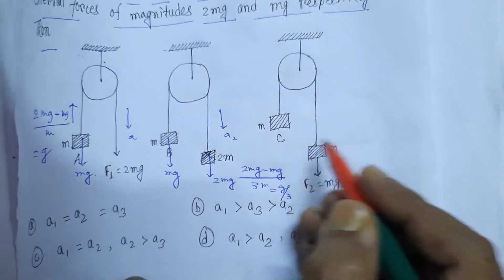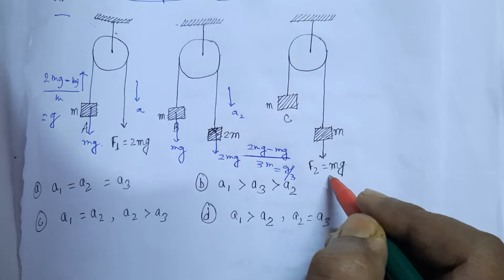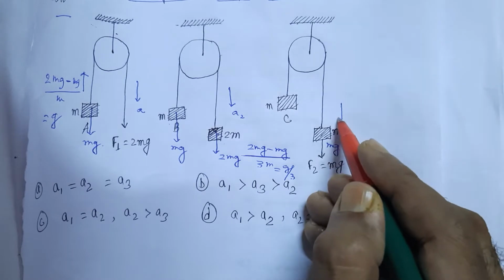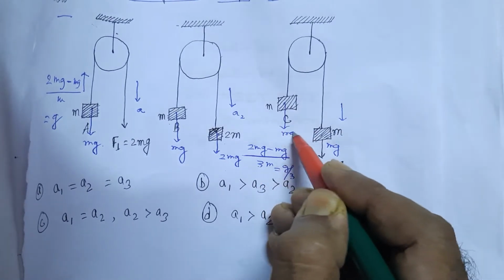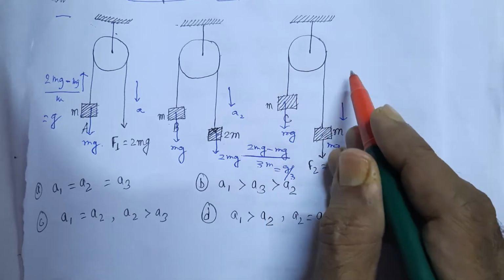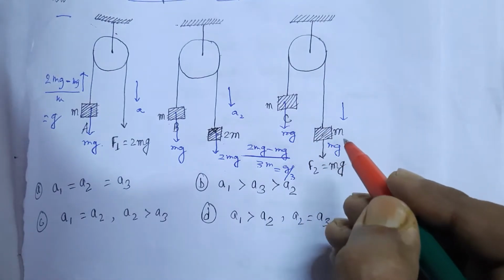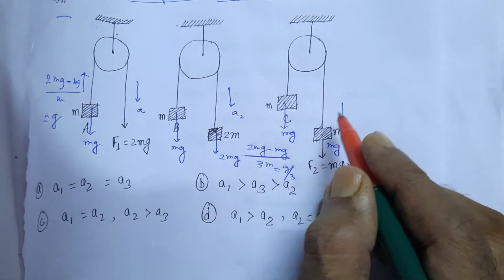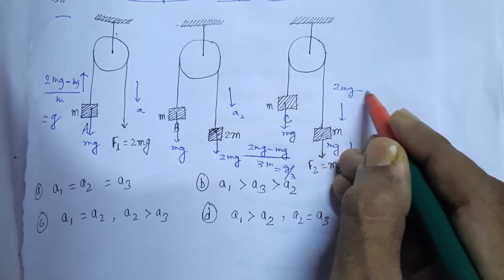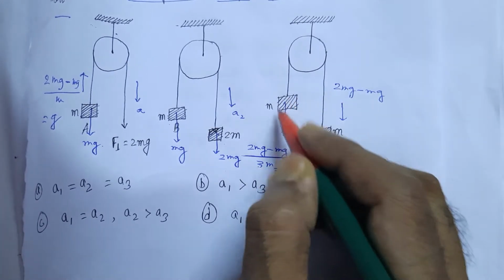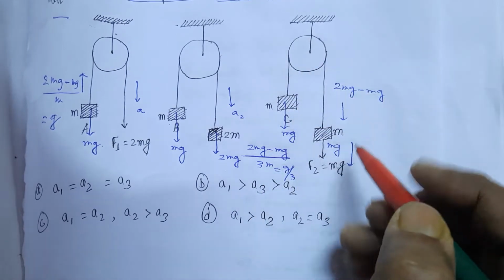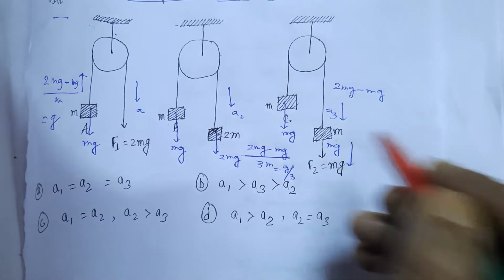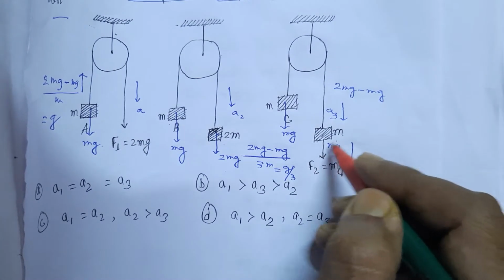For the third diagram, here is a force mg and another mass m, the corresponding weight is mg in the downward direction, and the mg weight is also in the downward direction, but twice mg is greater than mg. So m mass to the right side, m mass will go in the downward direction. Hence the net force acting is twice mg minus mg, because the weight of C is acting against the direction of motion. Here the acceleration is a3 of the mass m, and where mg external force is also acting,